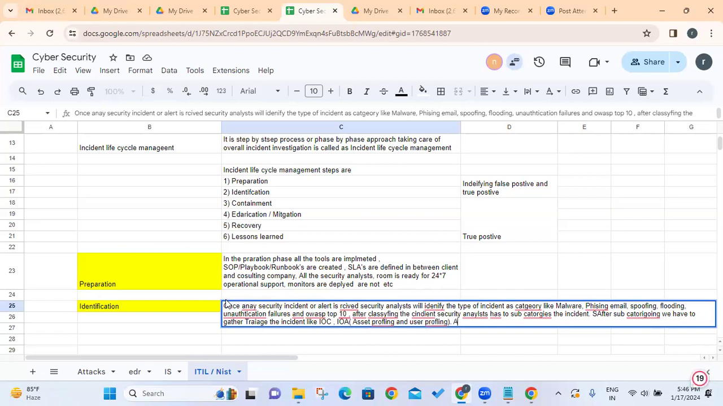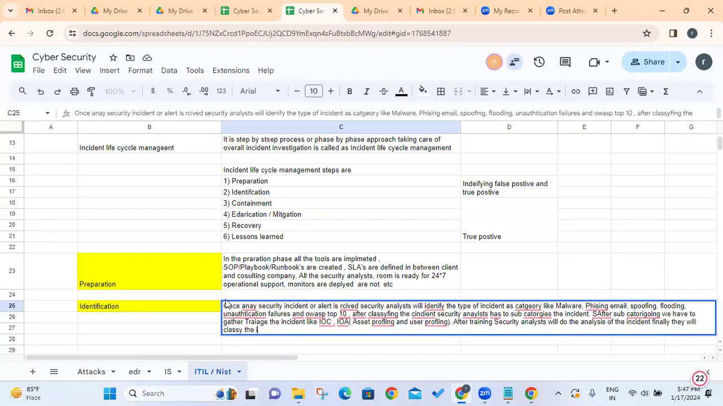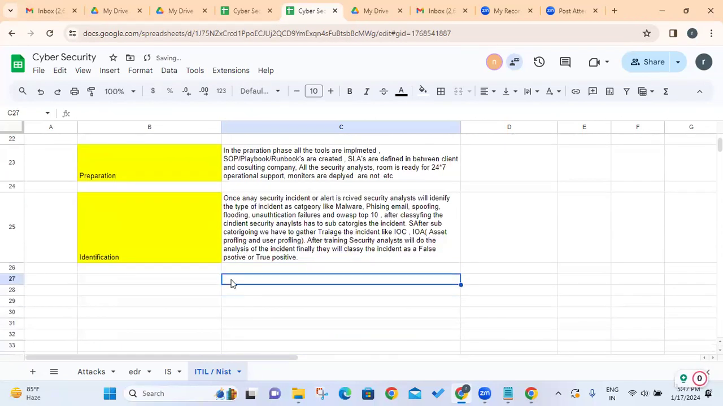Okay, after triaging, the security analysts will do the analysis of the incident. Finally, they will classify the incident as a false positive or true positive. Okay. Now here two options exist. Option one, if it is a false positive,